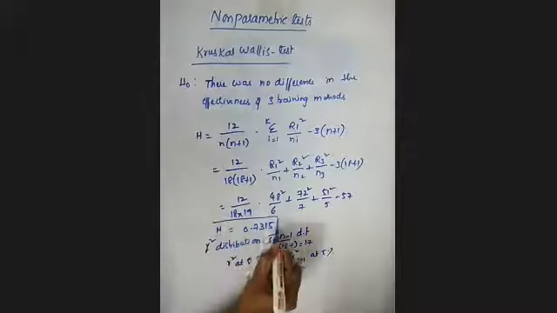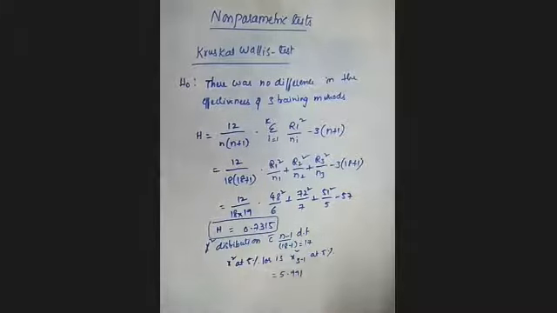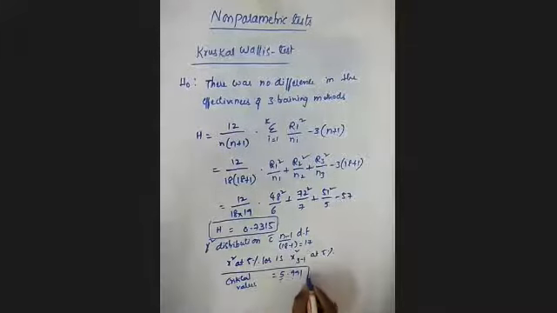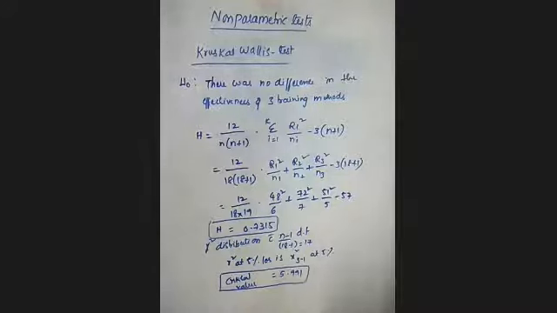Whatever the calculated value, this is the calculated value, right? This calculated value is less or higher than this critical value. See, this critical value is more than the calculated value. So we are not rejecting the hypothesis and concluding that there was no difference in the effectiveness of the three methods of training. Clear? In this way we have to conclude it. Generally, in whatever test you remember, if the critical value is higher than the calculated value, we are not rejecting the hypothesis. Clear?